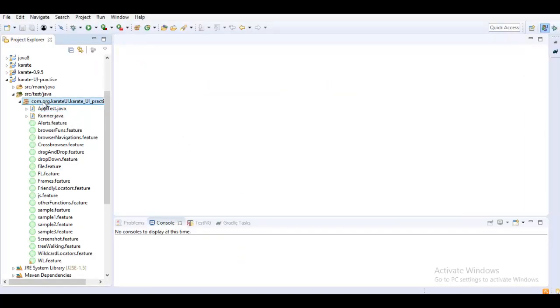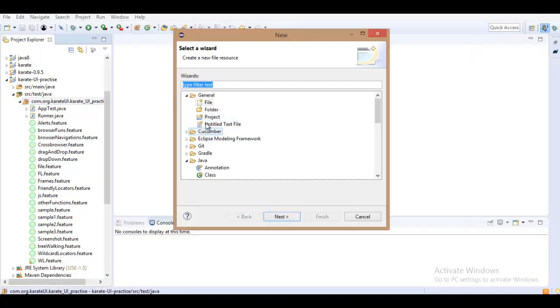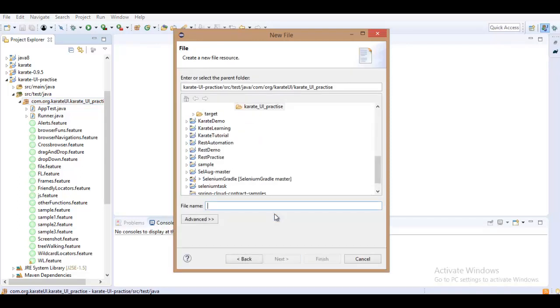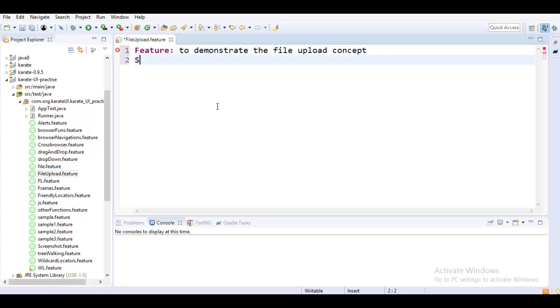Let me create one feature file. Let me click on new and file, and I will call it file upload dot feature. Let me write down the common syntax: Feature to demonstrate the file upload concept.